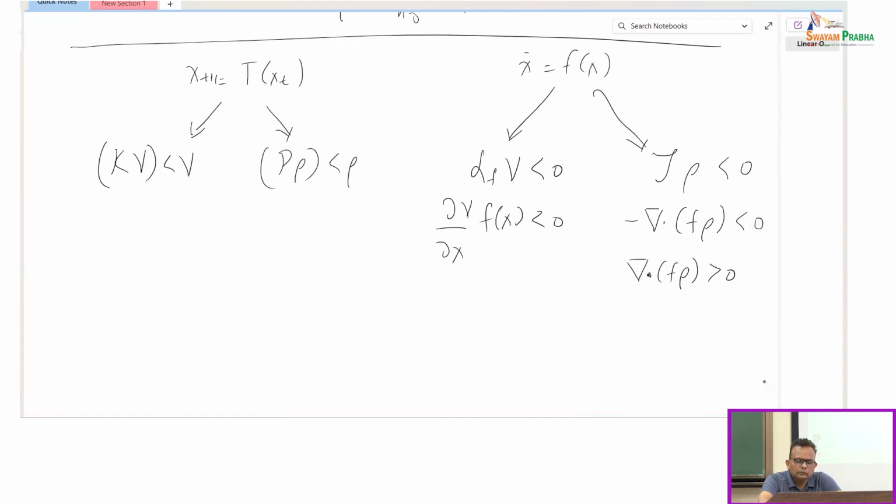Now let's look at a control design problem, and then from there we can build. We already know, in this course, how to do the finite dimensional approximation of K, how to do the finite dimensional approximation of P, how to do the finite dimensional approximation of L_f from data. So those methods can now be used to construct the Lyapunov function or the density function from data